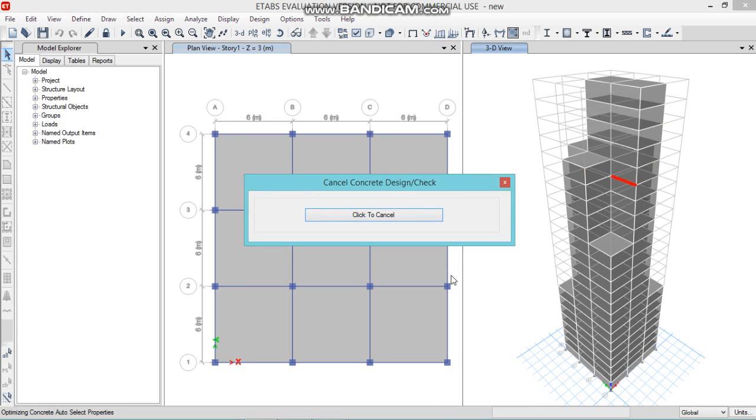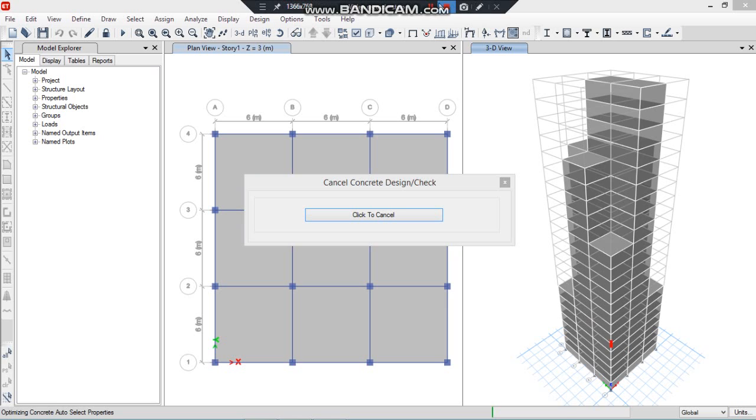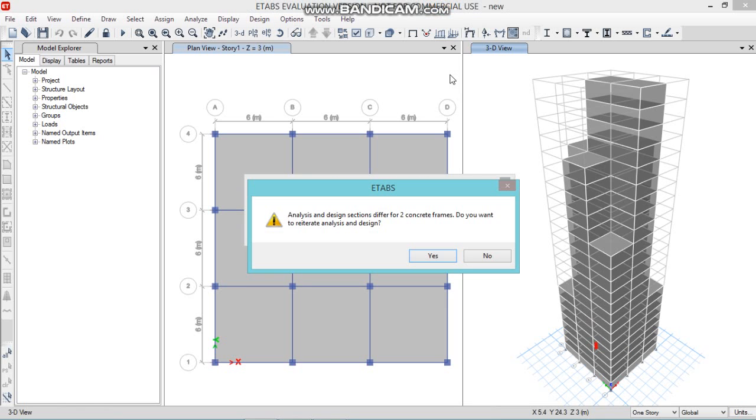Wait for the software to run the design check. Now you can see analysis and design section differ for two concrete frames. So reiterate.